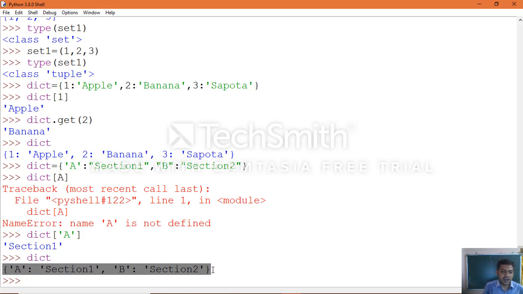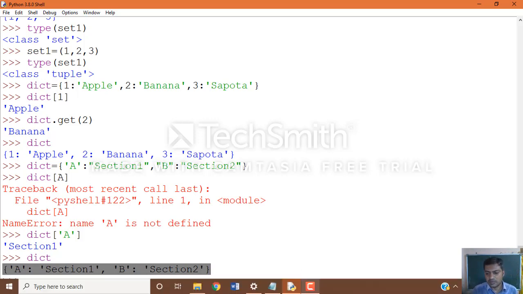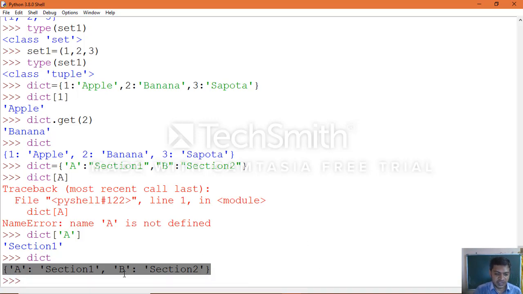Okay, a dictionary can hold unlimited Python objects, any kind of data: numbers like integers, floating point numbers, complex numbers, boolean values, then list, tuple, string values. All kinds of data it can hold. A dictionary is also mutable, which means it can be changed. So that is how you can make use of data types in Python programming.